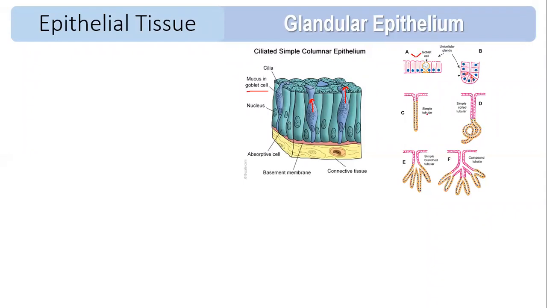Now you can see there is a multicellular gland. So there are different types. Simple tubular, coiled tubular. Can you see this? Simple branch. So what are the multicellular glands? Salivary gland. Then mammary gland. That is also a multicellular gland. Then tear gland, that is also a multicellular gland. So based on the number, it can be unicellular or it can be multicellular.